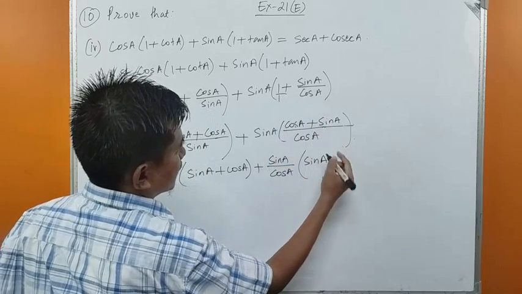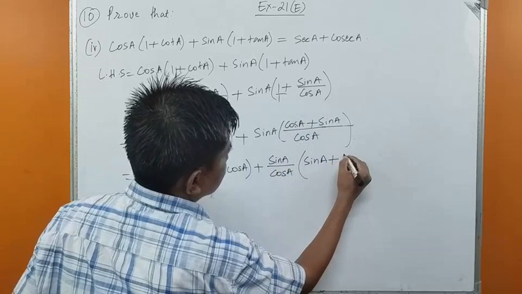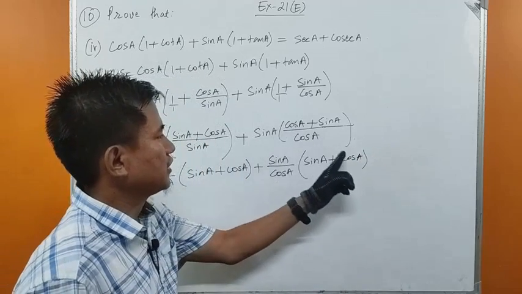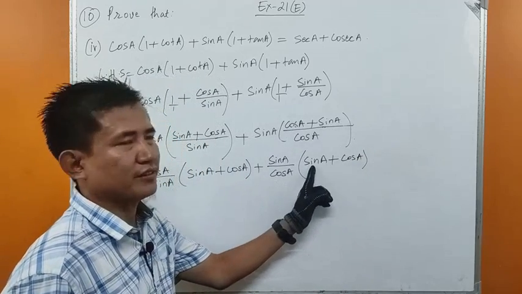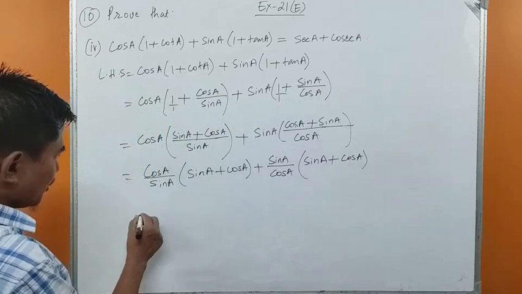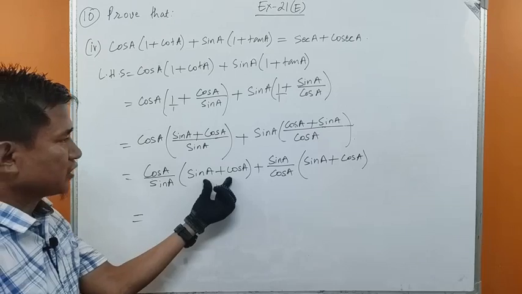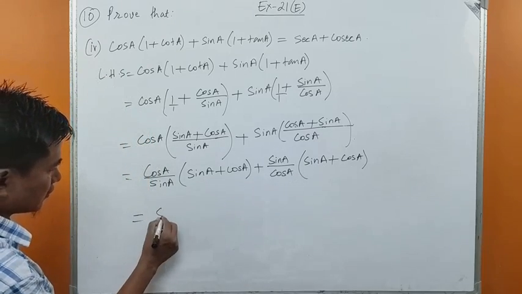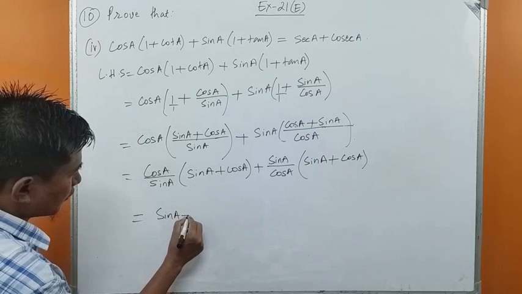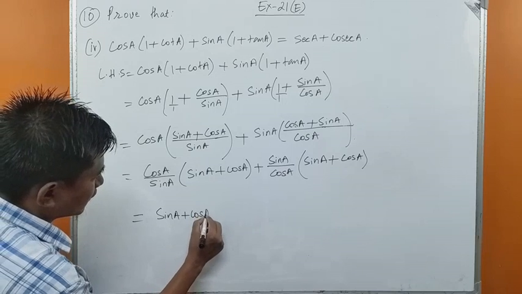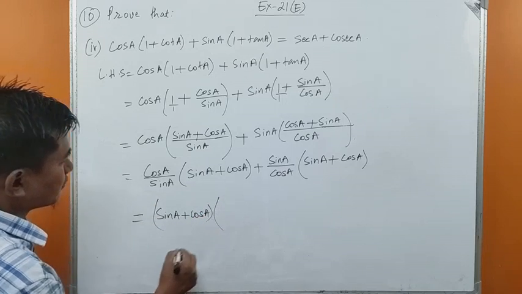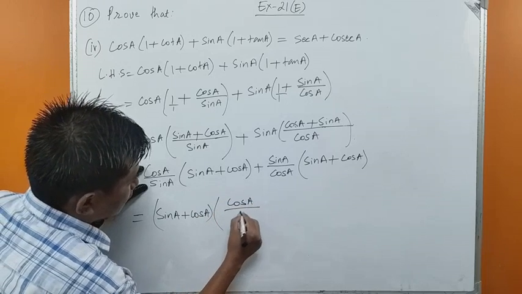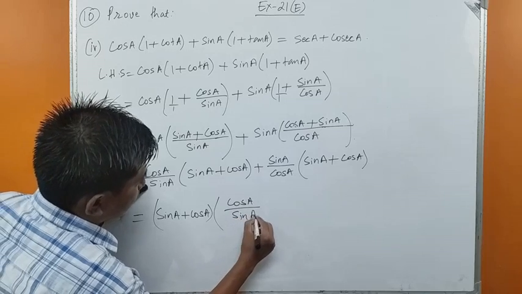Plus cos A plus sin A. We don't change the sign, we simply change their places. Cos A I write later, sin A in the front. I can do that, isn't it? So we have sin A plus cos A here and sin A plus cos A here, same number, we can take the common out. Sin A plus cos A is taken common out, so within the bracket remains cos A upon sin A, plus